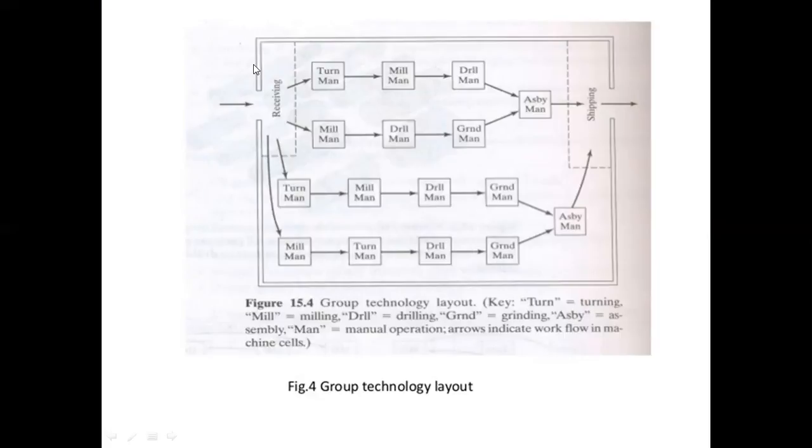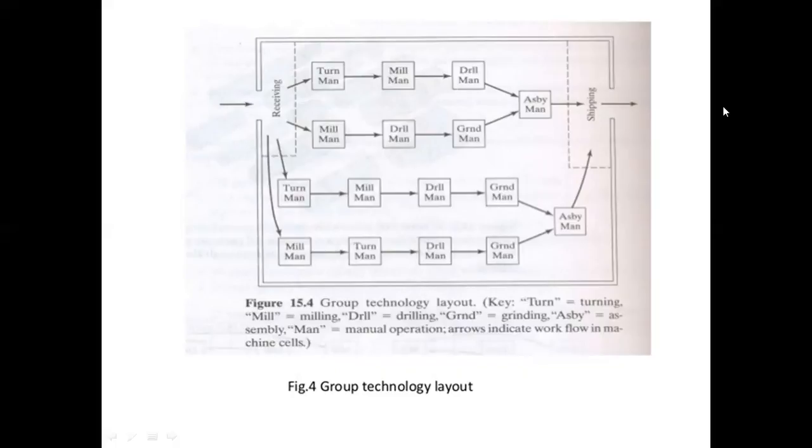So what I mean to say here is, after turning, instead of finding out which operation you have to do and where you have to go, first you have to arrange the sequence of your machining operations like this, and you go for various kinds of operations performed on the workpiece. Finally, you have your assembly and then it goes for shipping.